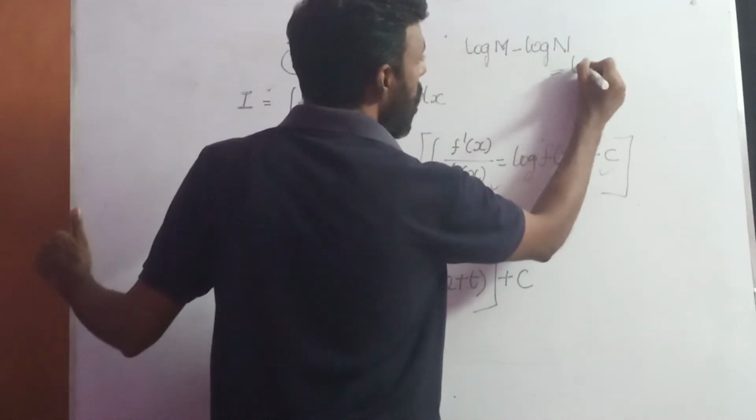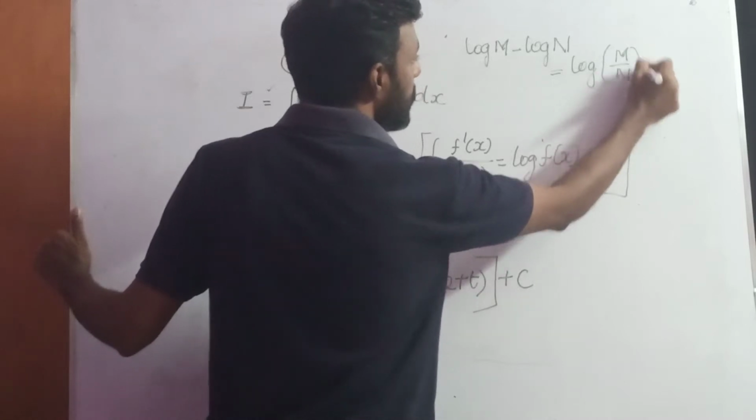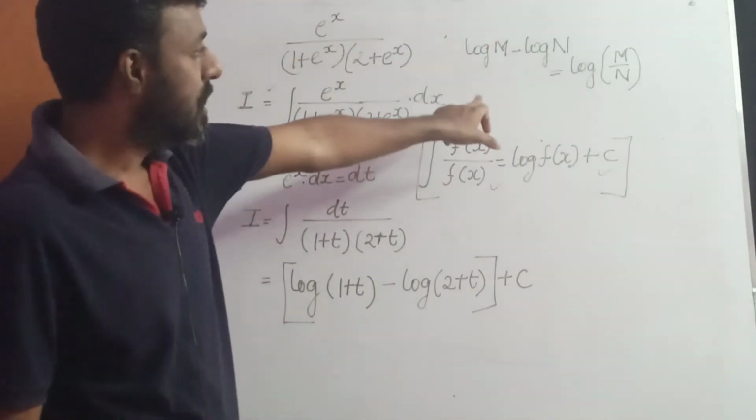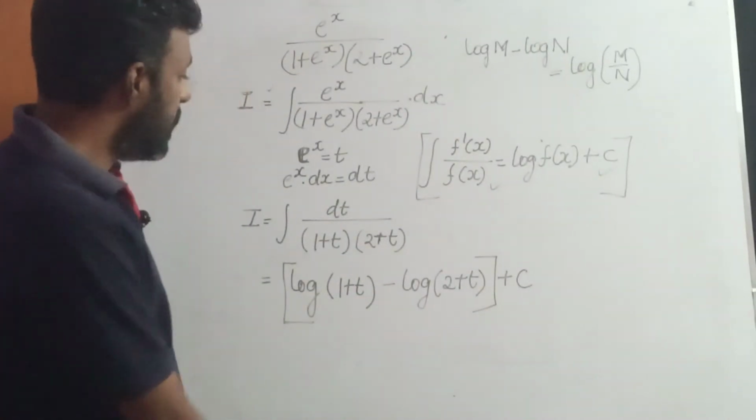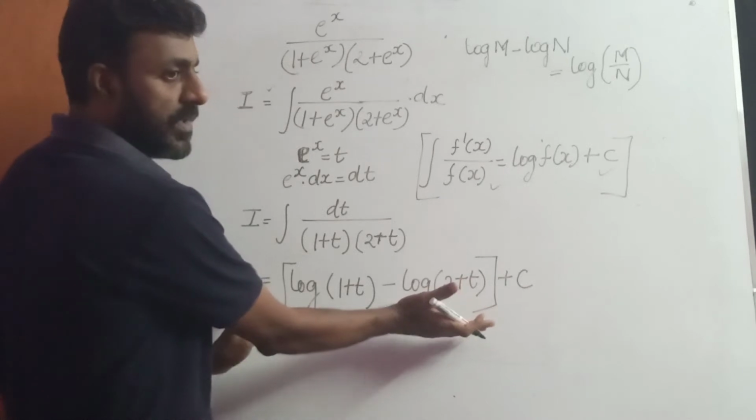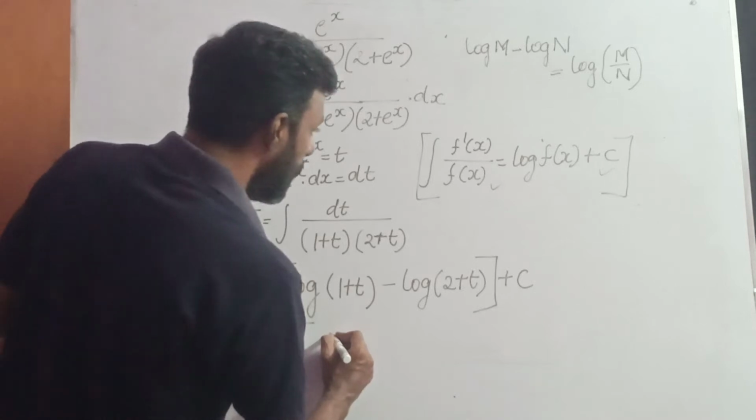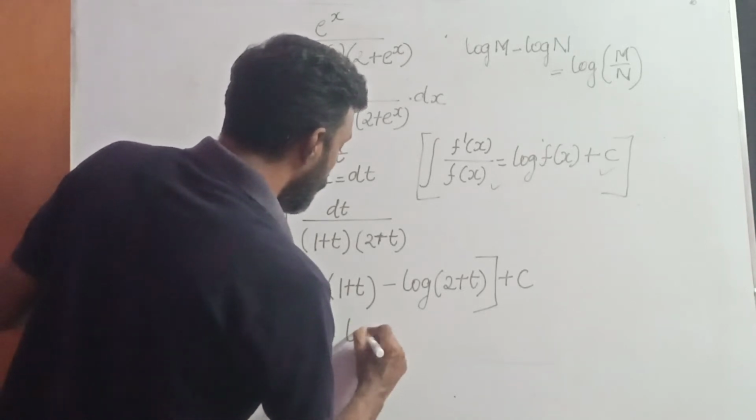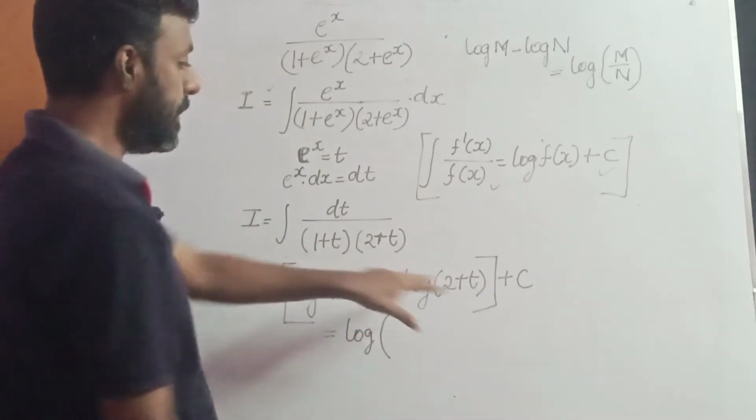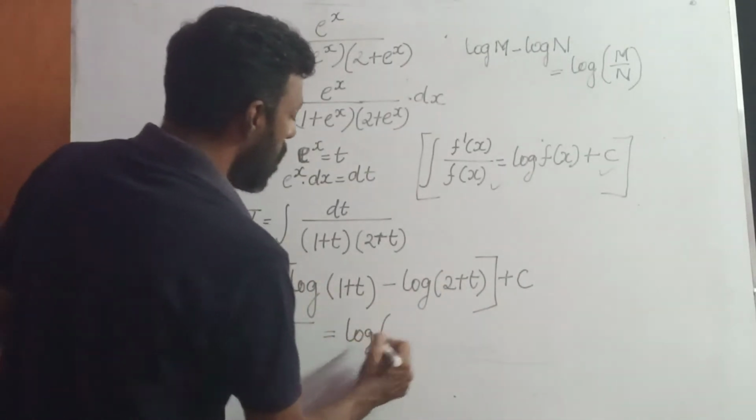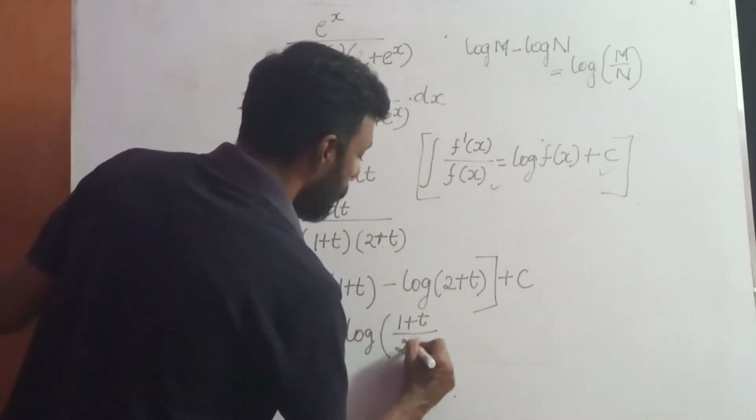Which is nothing but log of m divided by n. This you would have learnt in your lower classes. Log m minus log n is nothing but log of m divided by n. Similarly, this expression is also here. So log of 1 plus t minus log of 2 plus t is nothing but log of, this is m term, this is n term. So it is equal to log of m by n, which is 1 plus t divided by 2 plus t